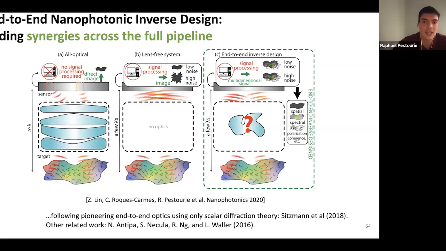And the idea of this end-to-end design is to get a little bit of both, really the best of both worlds, where you don't need a lot of computation, you don't need a crazy amount of diffractive optics, but you have a little bit of both. Since they are optimized together, you have synergies that make it all work at a smaller cost. So that's also quite exciting. And this is following pioneering work